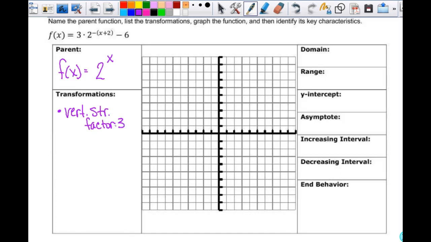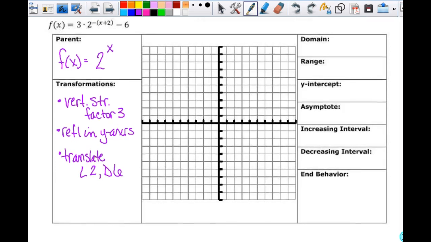The negative right here is going to be a reflection in the y-axis. And then all I have left is that 2 and the 6, so that's going to be a translation. I'm going to translate left 2 and down 6. All right, so when I come over here to graph this,